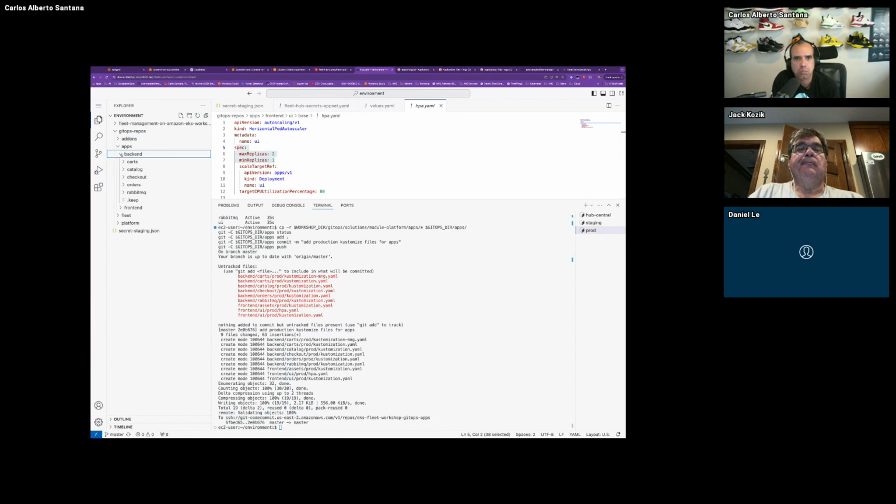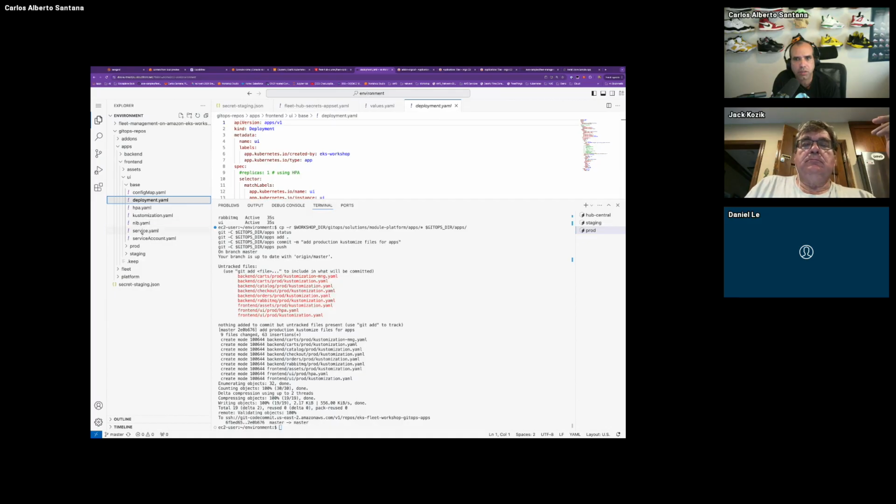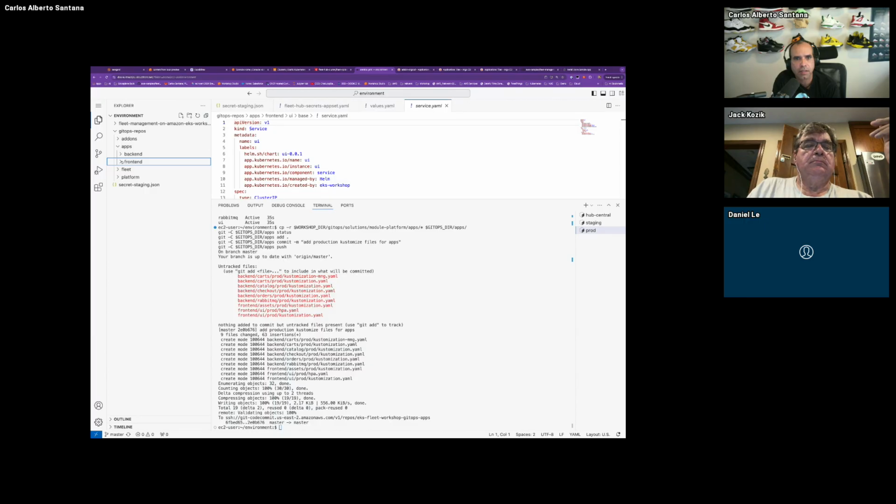And so the backend team can make changes here for the configuration, deployment, config map. They cannot change the limit ranges or the namespace. And then the front-end team can configure their deployments, their service, things that were allowed by Argo projects. Argo project is not letting them do everything they want, only the things that we want them to be allowed to configure. So they can put everything here. So they don't have to be concerned. The app team doesn't have to be concerned on the